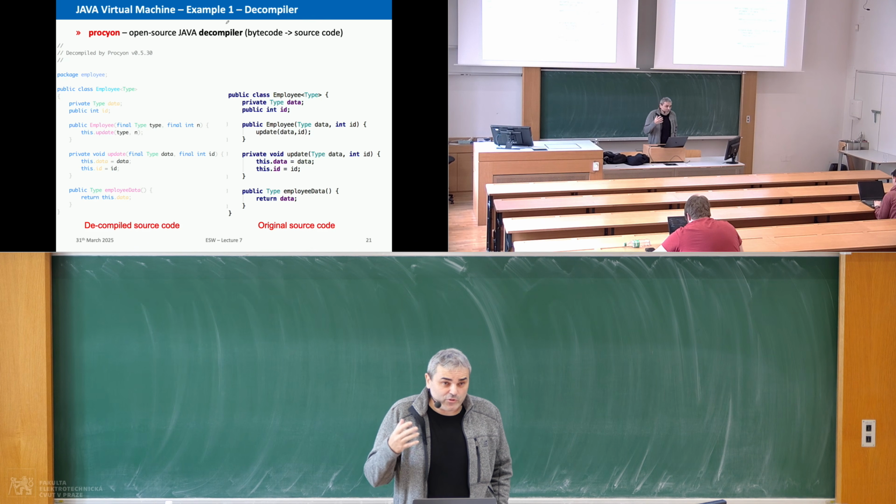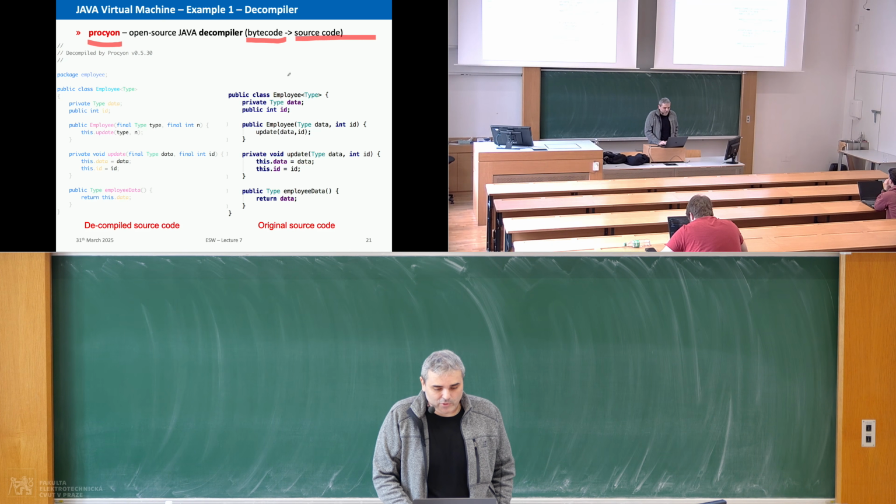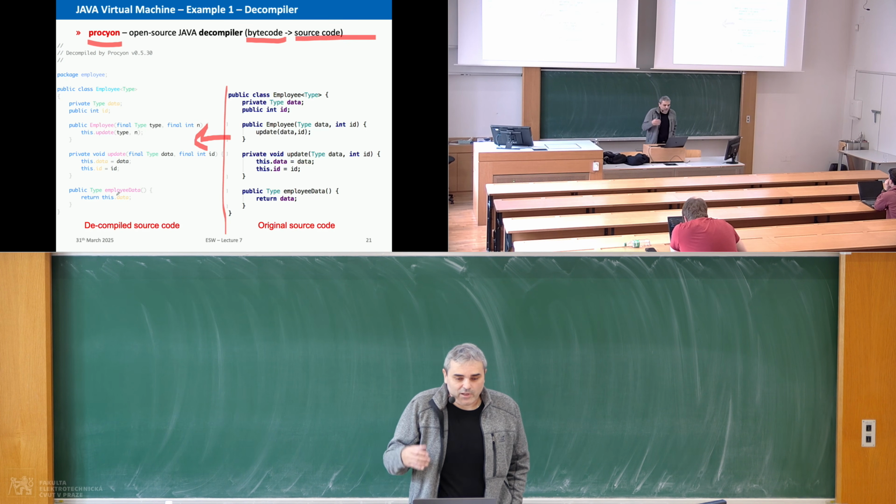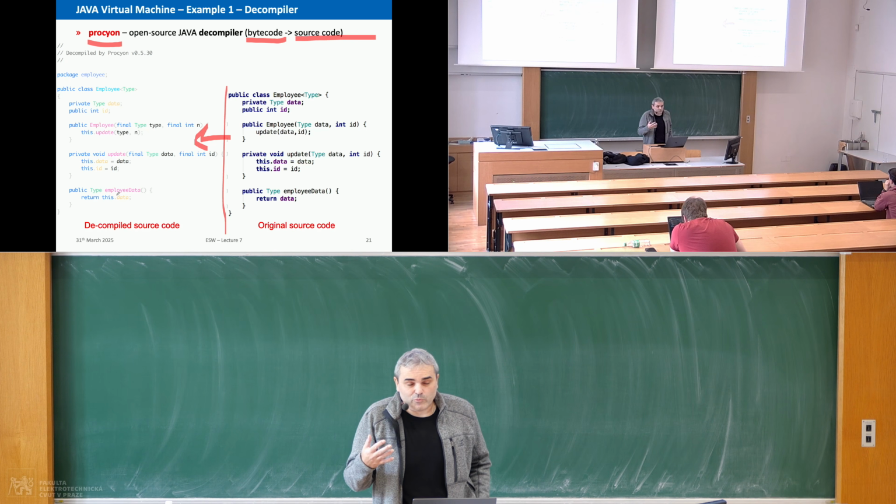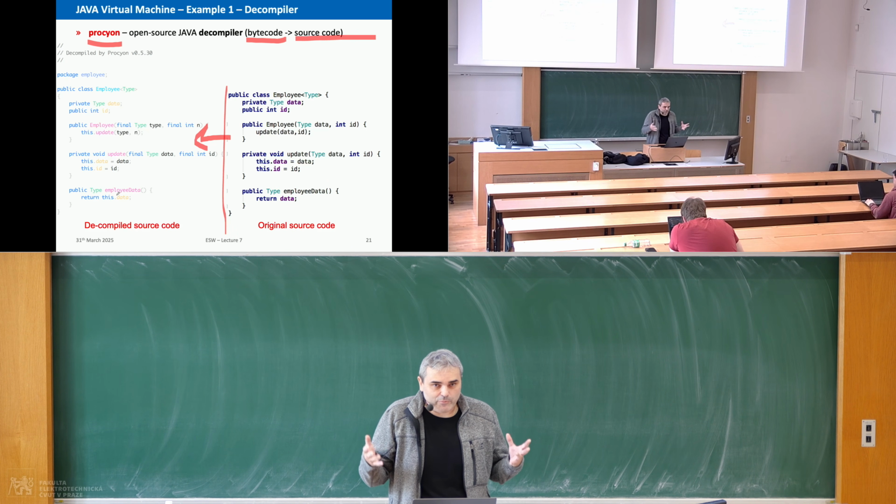One example that's not by default part of the development kit: I have here Procyon, an open source decompiler, which decompiles Java bytecode into source code. Here we have our original source on the right side, and the result on the left side. You can see that it's pretty much our original code, even though it was not compiled with any special debug information,